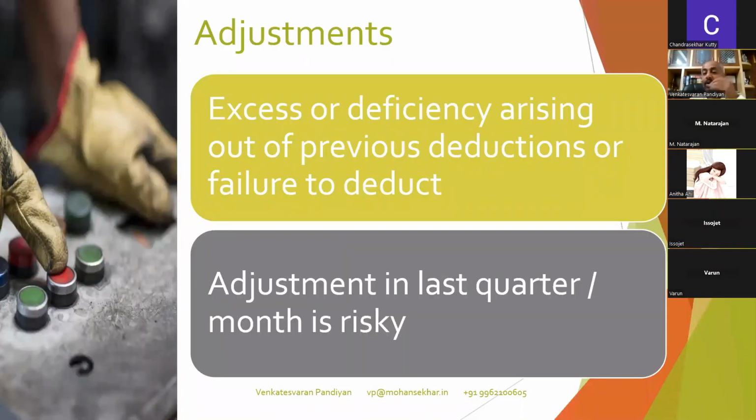So adjustments, what are adjustments? As I told you, the estimate has to be honest, the deduction has to be average. So what happens normally, because of salary increment or a loss of pay or for other reasons, is that the total tax liability can increase or decrease. Or I may genuinely believe in certain deductions that were not there earlier. So an adjustment needs to be done.